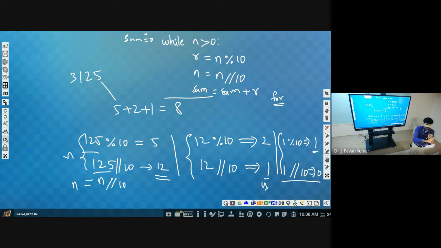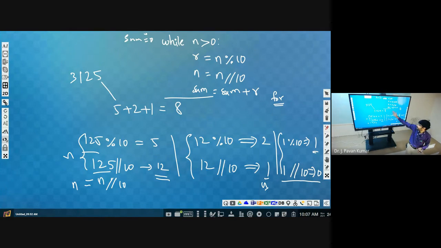How many times we don't know, but until one particular event occurs, we will be repeating. Understand? Then we will use the while loop. That's why it is called an event controlled loop. For is a counter controlled loop, whereas while is an event controlled loop. Until that particular event occurs, it will be repeated.